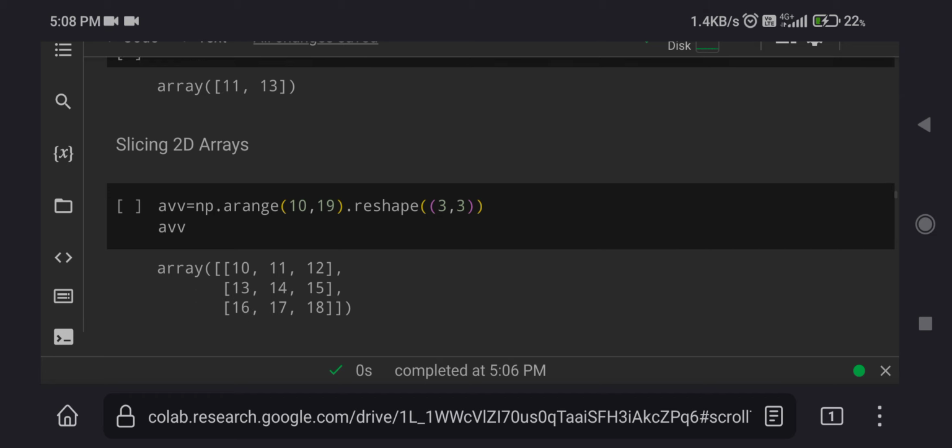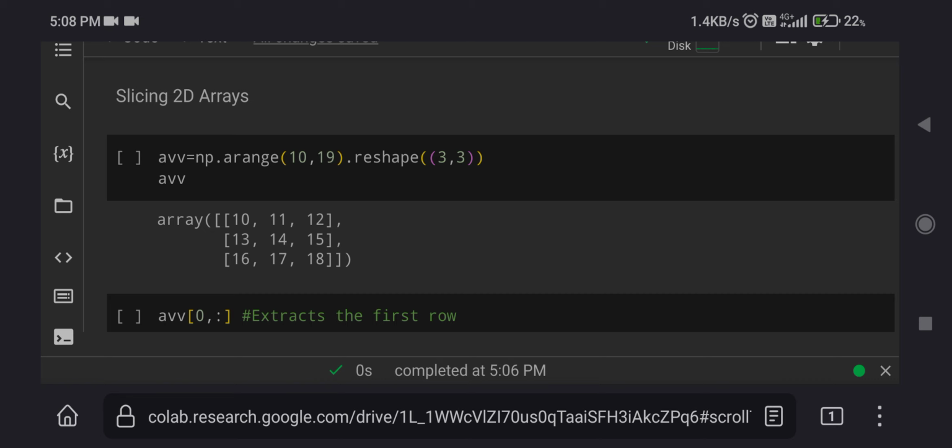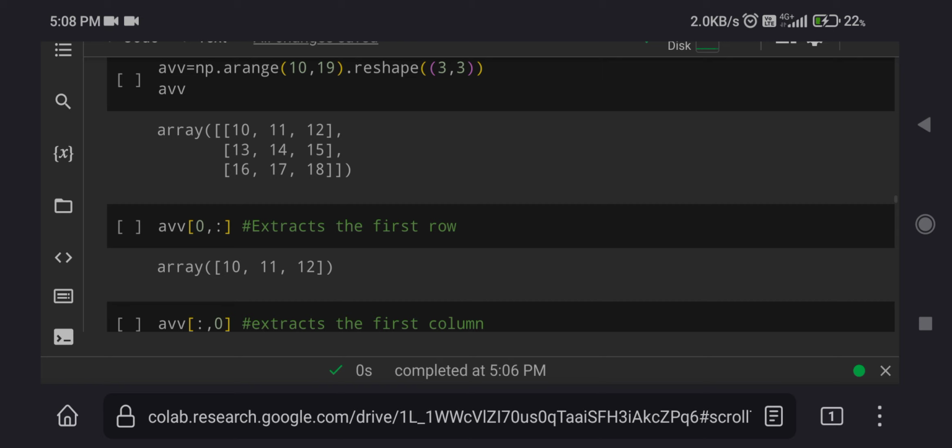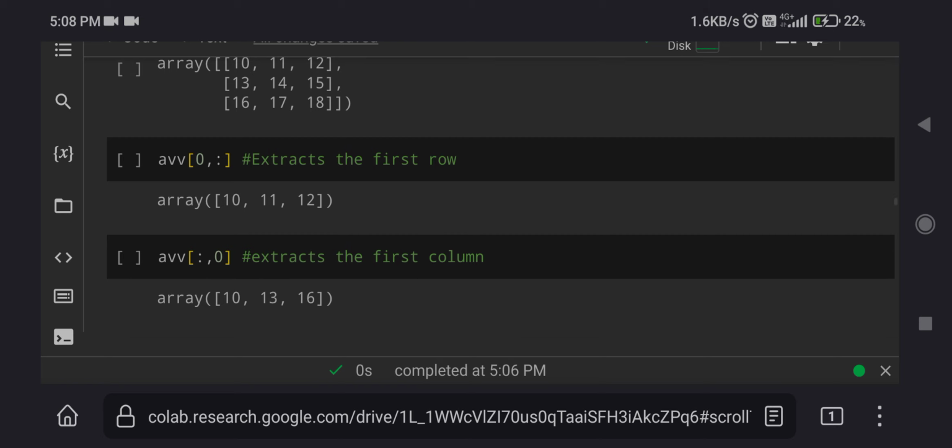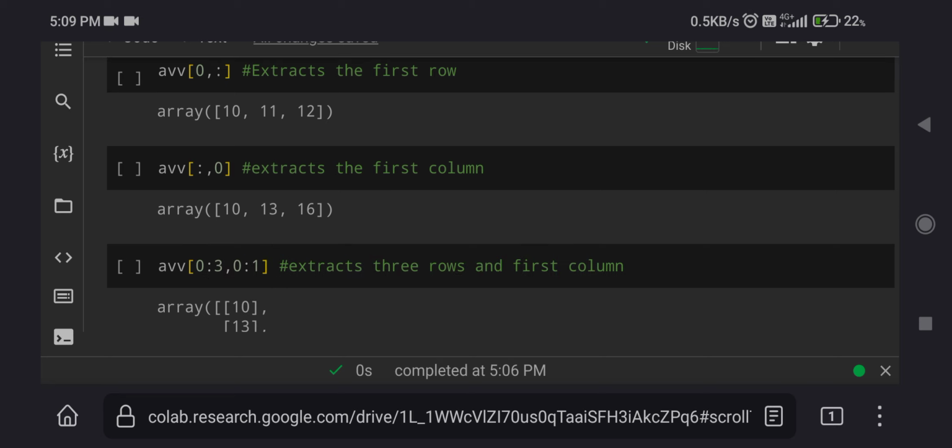Then we can also slice a two-dimensional array. This is my numpy array, np.arange(10, 19), and I have reshaped it into a 3 cross 3 matrix. If I type 0 comma colon, it extracts the first row because I have not specified the second dimension. Then colon comma 0 will extract the first column.